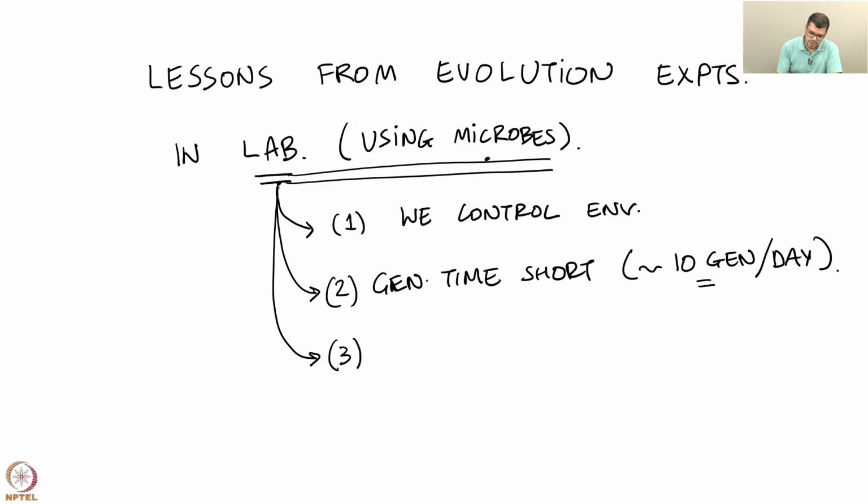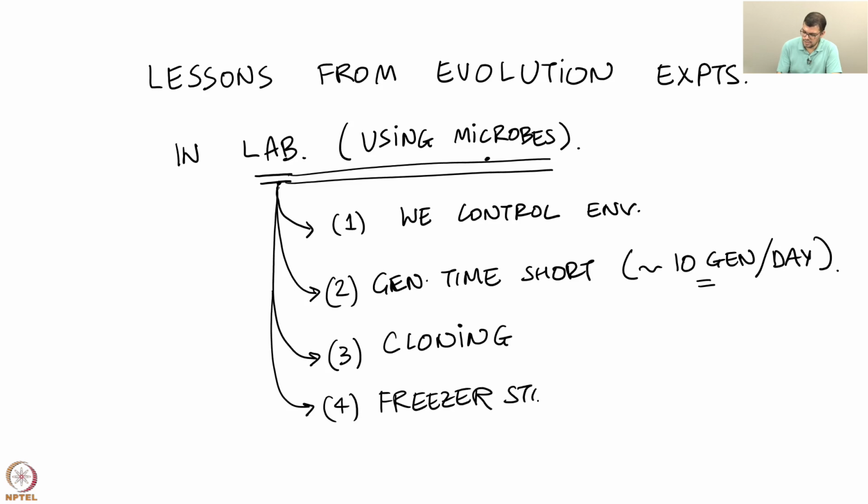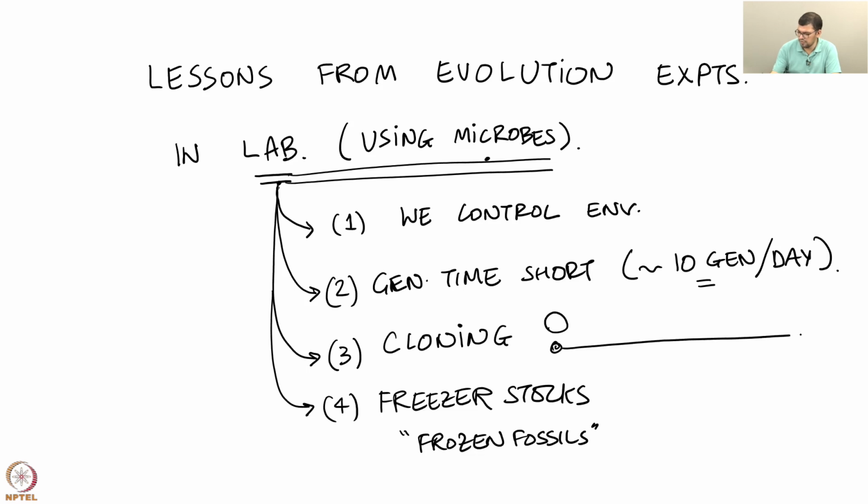Then, cloning is easy, we can make manipulations in the DNA of the organism very easily and study its effect. We can make freezer stocks. These are called frozen fossils. What this means is that if I start an experiment today with this E. coli and I evolve it for a year, and this is 1 year down the line,